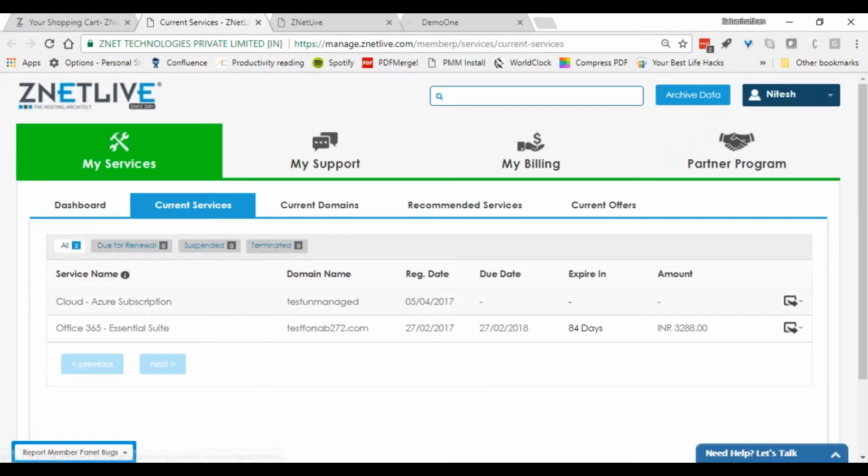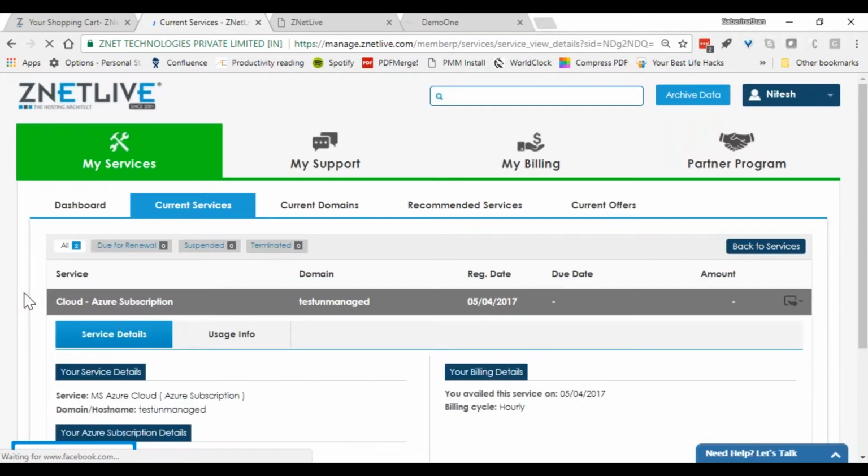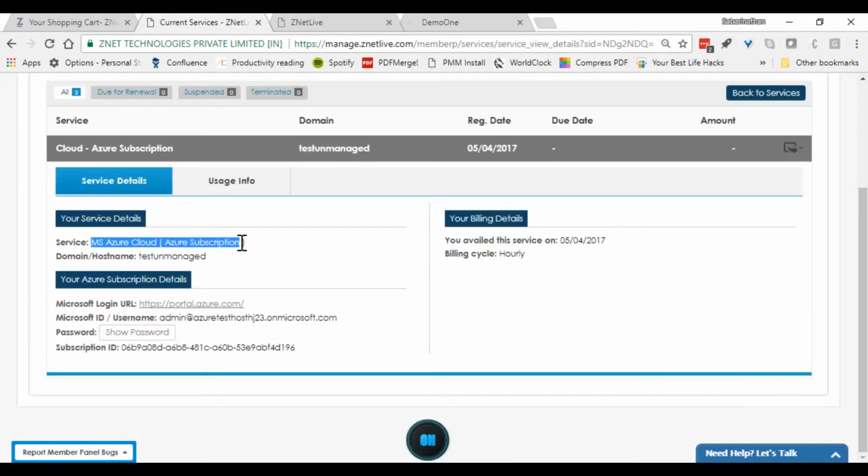RackNav gives a customer a self-service control panel. So if you look at it, this is the customer with whom I made the purchase. He is able to look at all his services, what he purchased. For example, let me look at Azure. So these are current services. These are basically the services he made a purchase with. So this is the name of the plan. This is, for example, the test domain which I used. And these are the subscription details. So Microsoft Portal integration with RackNav enables us to retrieve this information dynamically from Microsoft to be able to handle this effectively.